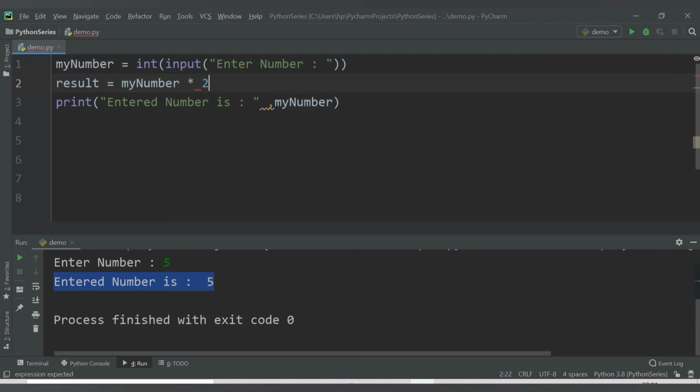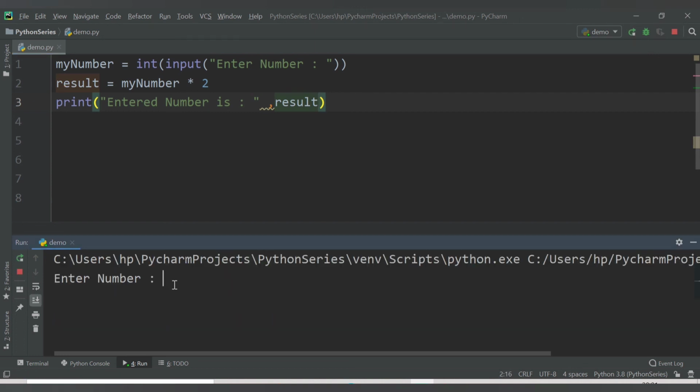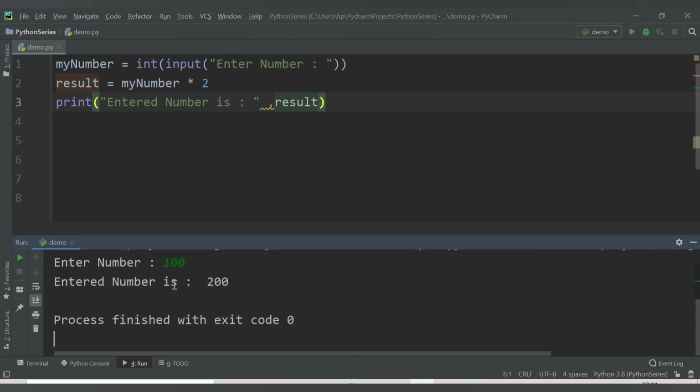Multiplication by 2, and we will print result now. Let's save this and run it. Enter number, if I enter 100, I get the value 200, because result is my number times 2. My number is 100 and multiplied by 2, we get 200.